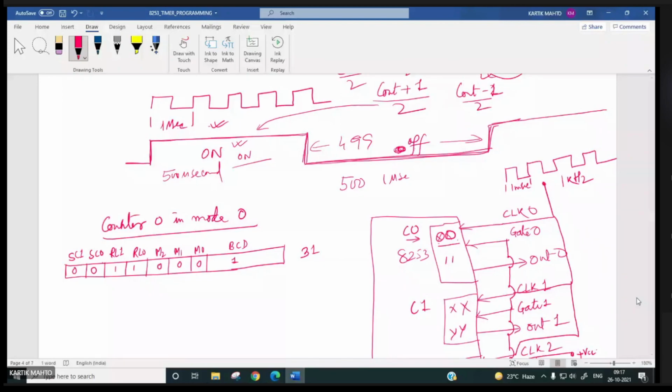So this will be the control word for setting counter 0 in mode 0. We could also have used RL1 and RL0 as 0, 1.